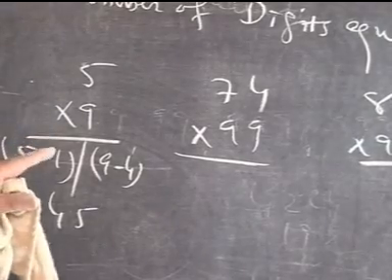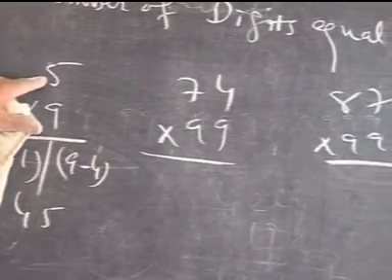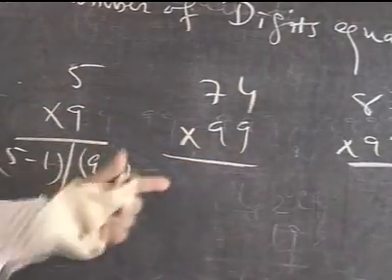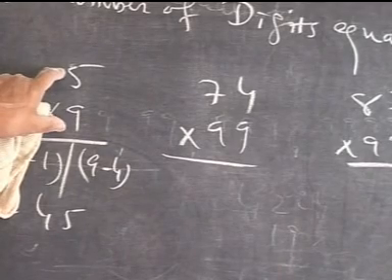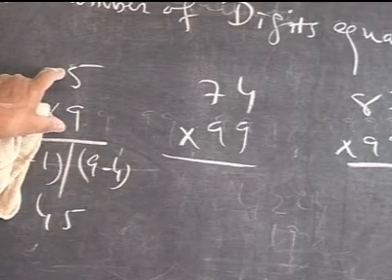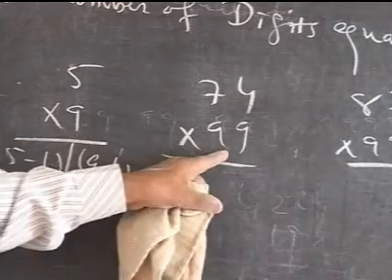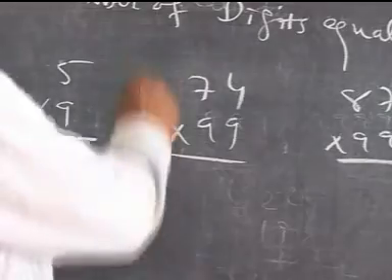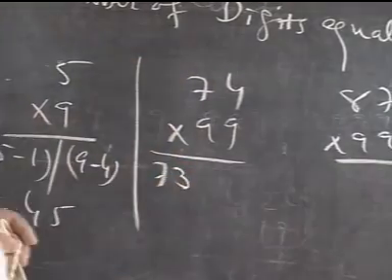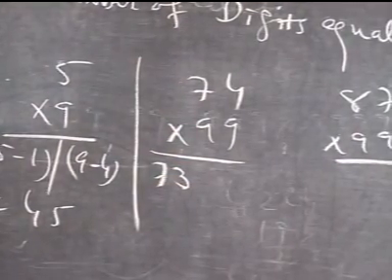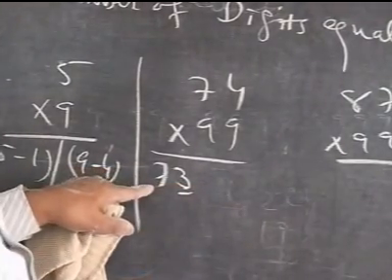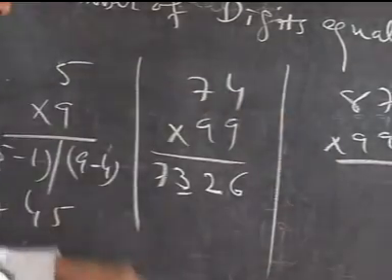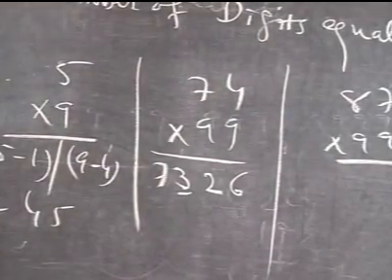So what we do? We decrease 1 in the previous, and whatever you are getting, you subtract from this. Obviously, the number of nines and the number of digits are equal, so you don't need to go for subtraction, only you have to put the complement of 9. For example, here, 1 less is 73. We have to stop here. Subtract 7 from 9, we are getting 2. Subtract 3 from 9, it is 6. Very simple.